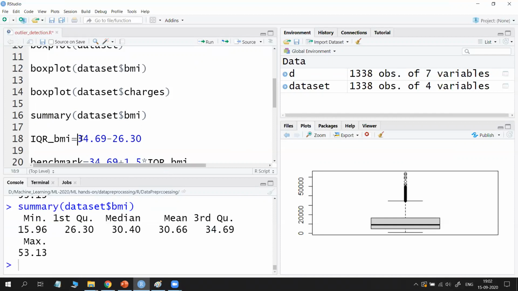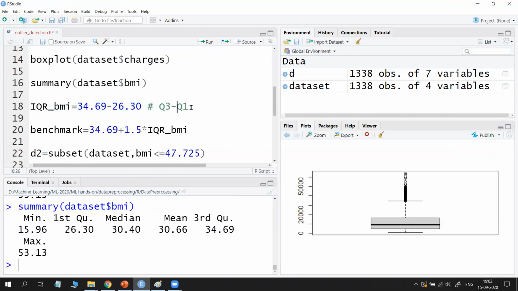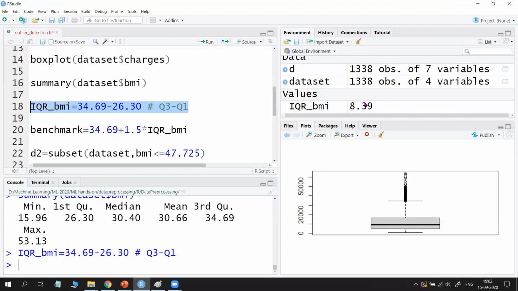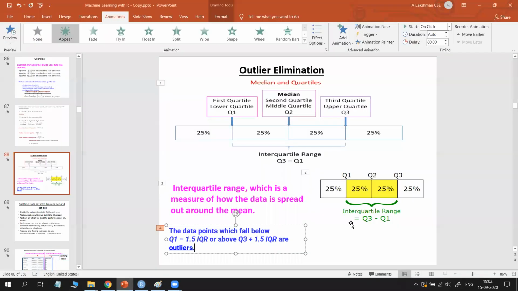I put a comment: this is Q3 minus Q1. So I calculated IQR for the BMI variable. Just run it. What is this value? See here on the right-hand side, this is 8.39. So 8.39 is the IQR value.